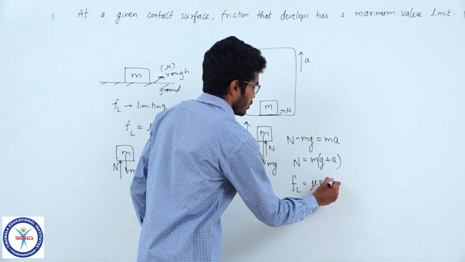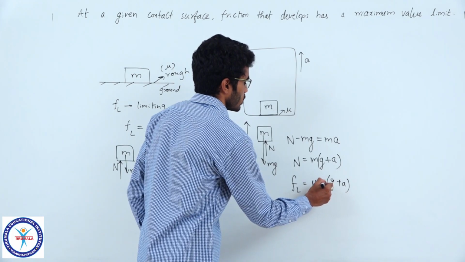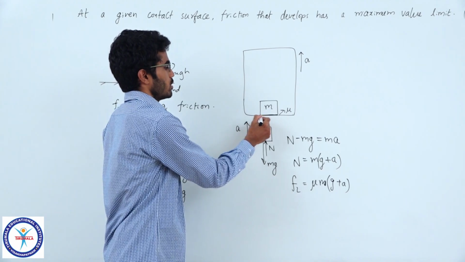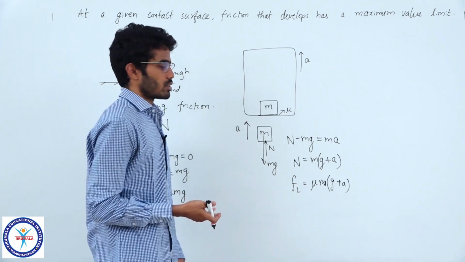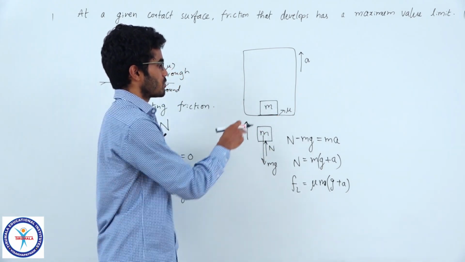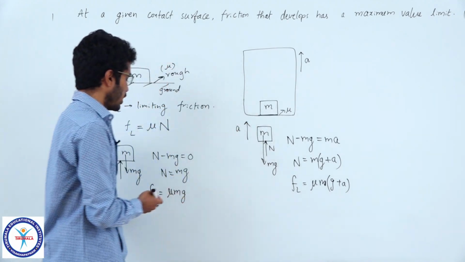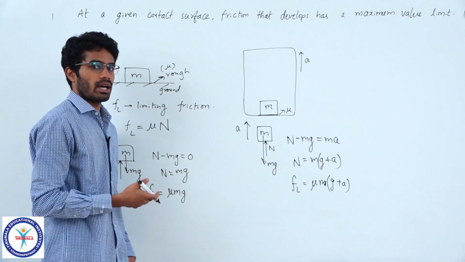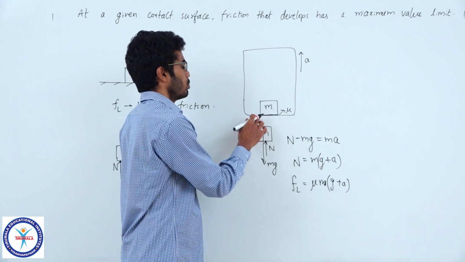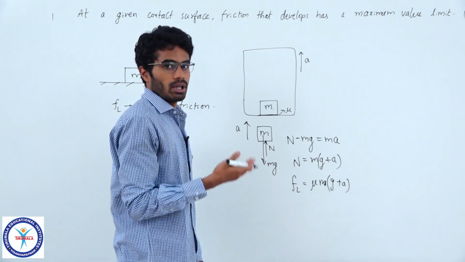Now, the friction is also higher. The limiting friction value is larger now. These two objects will develop a larger friction, but it does not mean that there is friction acting on this block in this moment. The limiting friction value is the maximum value of friction you can have at a contact surface. Based on the situation, the friction developing will have this maximum value. It cannot develop larger than that.